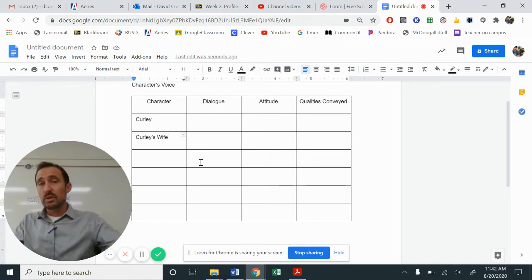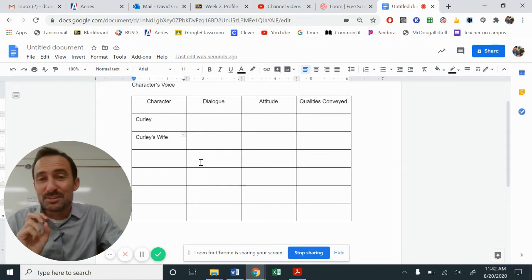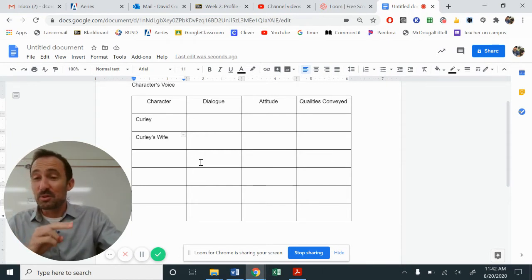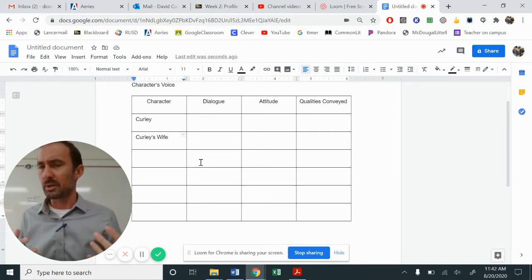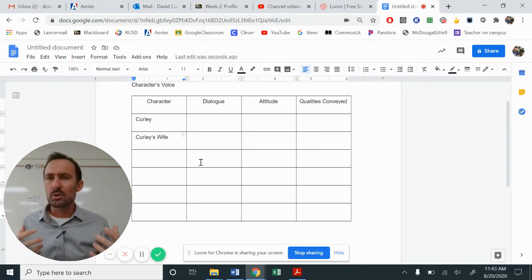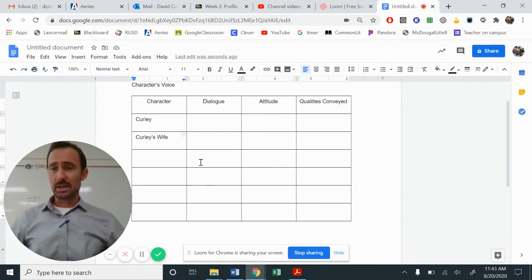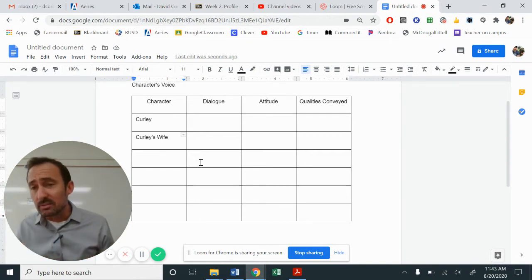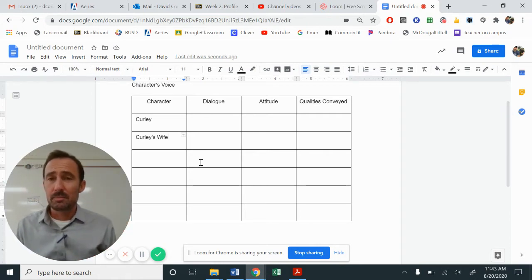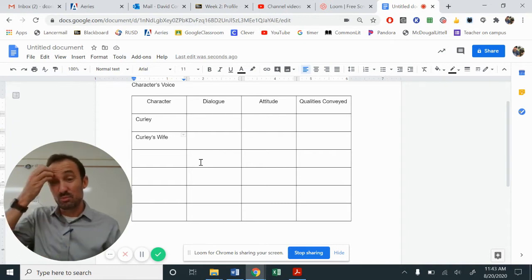So Curly, we know that Curly is the boss's son. We also know that Curly is short. Curly's like one of those little tiny tough guys who hates people who are tall simply because they're tall. He would be known as, we call it the Napoleon complex, where they need to feel like they are in charge of something simply because of their small stature. So he's a short guy. His name is Curly because it does talk about his curly hair. And the other component, he is the boss's son. So he walks around thinking that he can do whatever he wants, but that's not really the case.